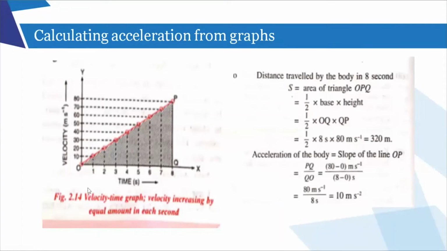And after that, 8 minus 0. From this point, you will draw a straight line. Again, I'm saying how to find the slope. See here, this is the line. From here, first take a perpendicular to the y-axis. This is 80. Then from this part, this is 0. So 80 minus 0. Then from here, draw the perpendicular to the x-axis, 8 minus 0. Simple, you do 80 minus 0, 8 minus 0. So 80 upon 8, 10 meter per second square.